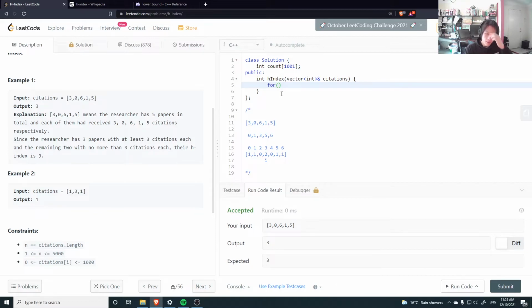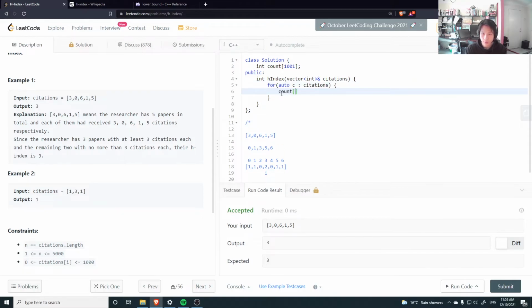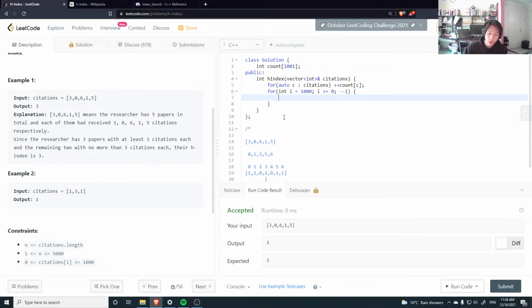So we're doing for each item. Just do a range loop and say auto c in citations. The count of c, increment it by 1. Okay, and then go through up to 1,000. i greater than or equal to 0, minus i. For each of these indexes,